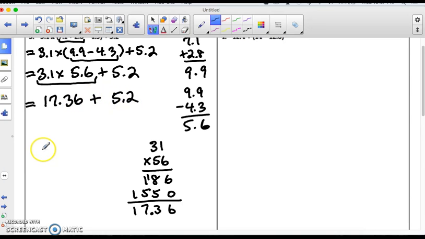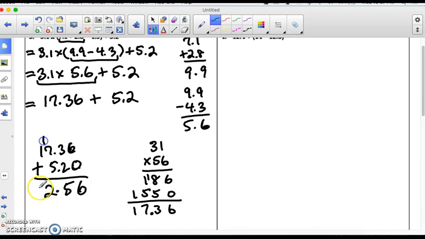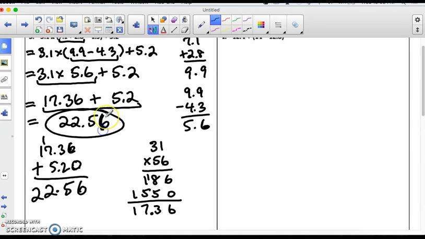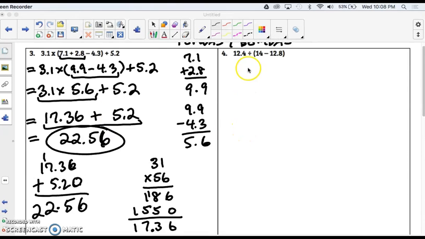And then we can do the work here for the last bit, 17 and 36/100 plus 5 and 2/10, and make sure you're lining up the decimals properly. So then your final answer becomes 22 and 56/100 for that. Okay, now